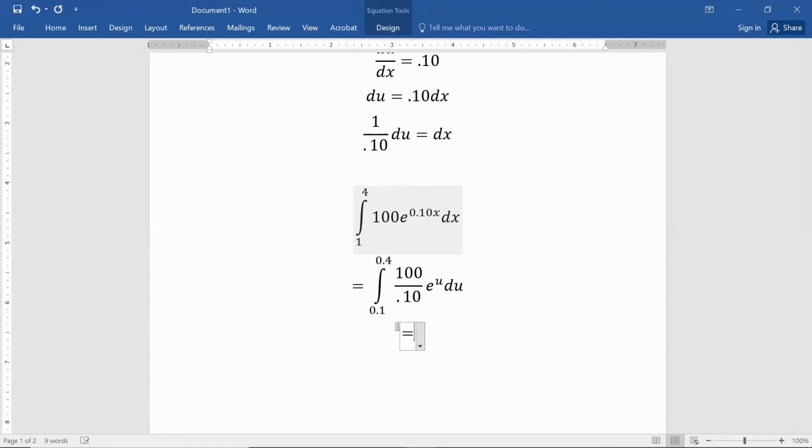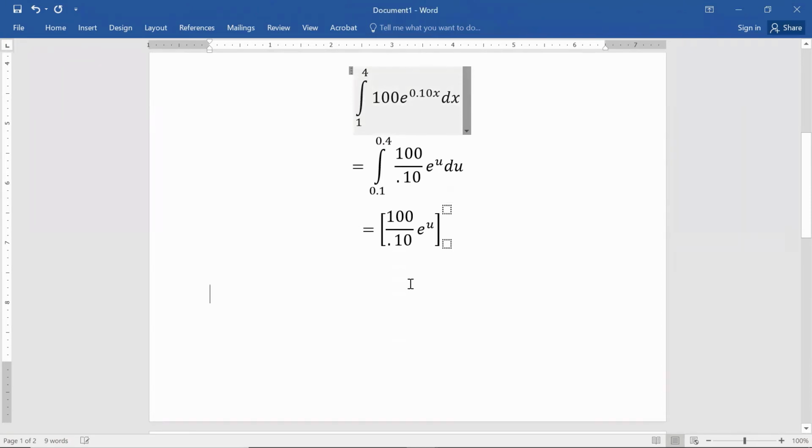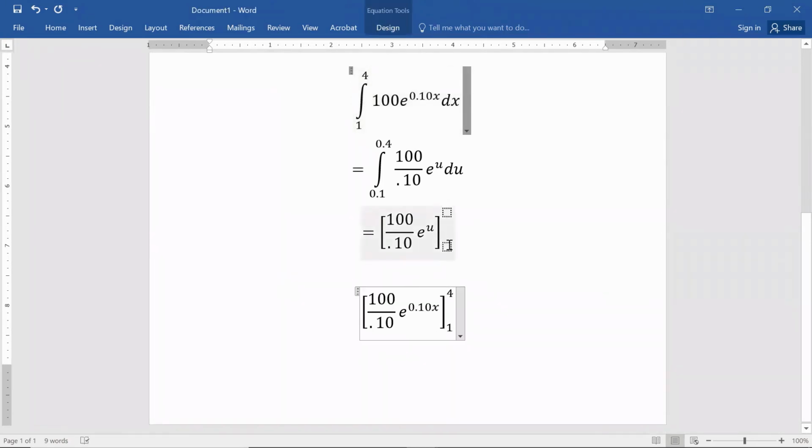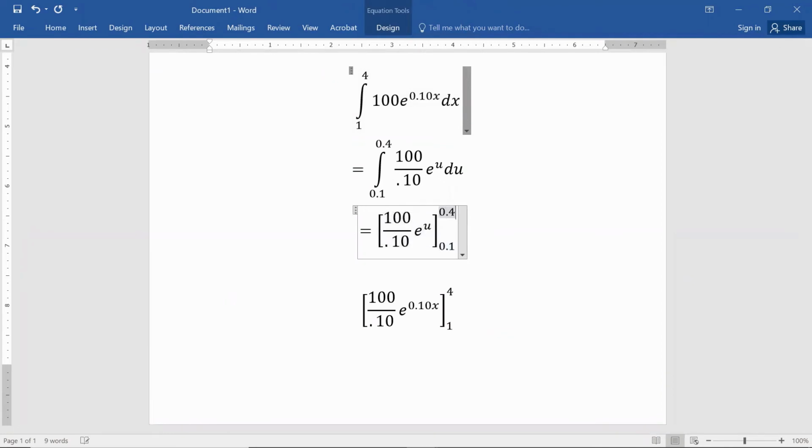Because eventually what I'm going to do is take my antiderivative, which is 100 divided by 0.10 e to the u plus any constant. Again, I'm going to let my constant be 0 since it's a definite integral. And I'm going to have two bounds. I can leave these off. Again, I know that these bounds in this case are 0.1 and 0.4. But